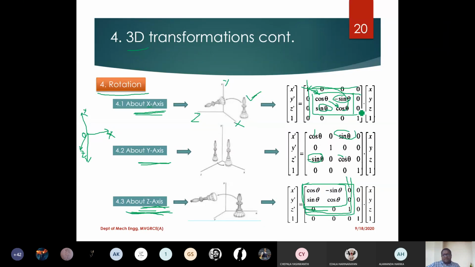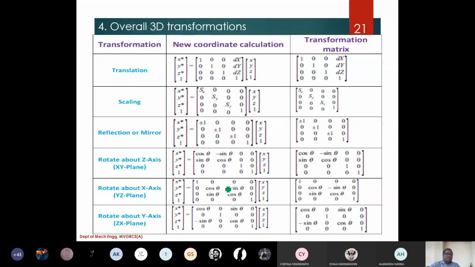Okay, if you understood whatever the concept that I told you, then remembering this would be sufficient to derive all the remaining two. So this is how you can do the rotation operation about x-axis, about y-axis, about z-axis. Okay, I hope it is clear, and everything at a glance, all the transformation matrices put together,